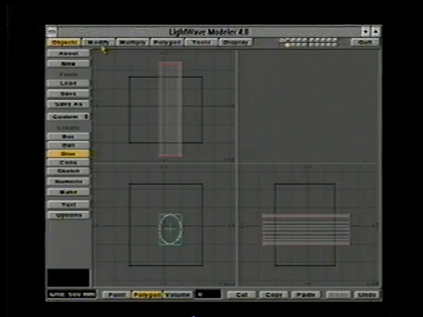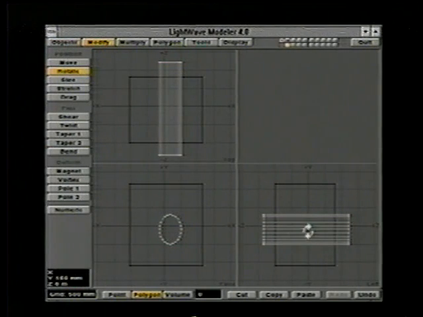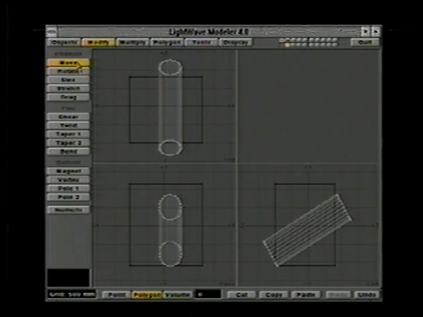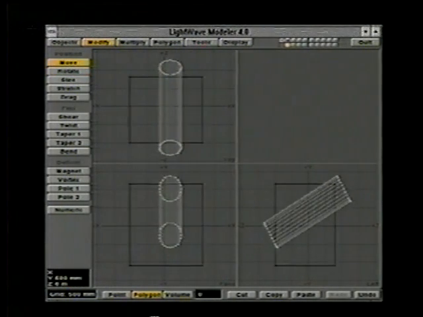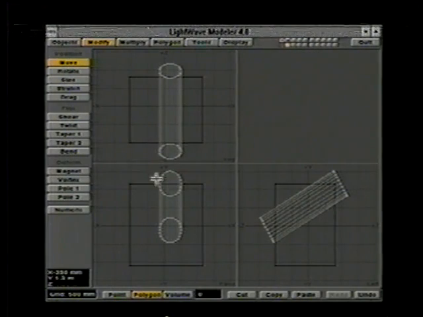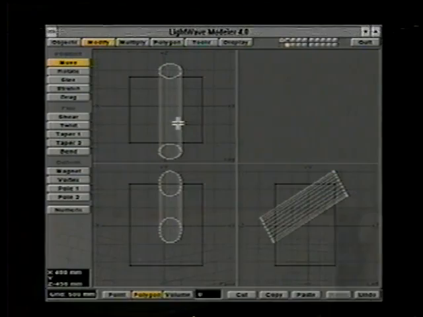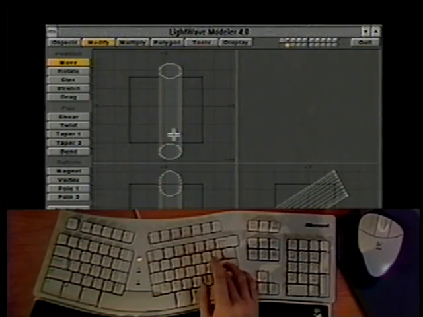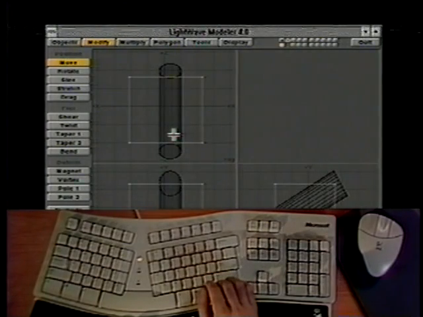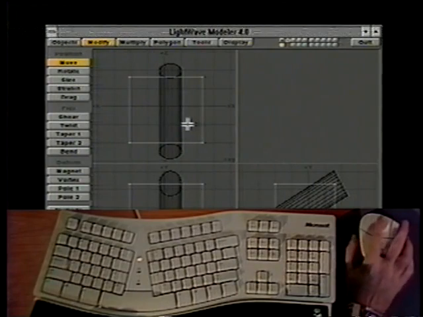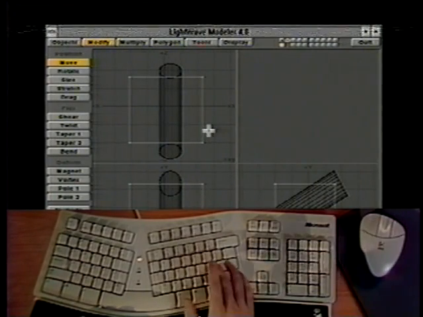And also let's go to modify and rotate that disk. We'll rotate it from here. Kind of put it at an angle where it's going to cut through the box like so. Okay, that'll work. Now let's swap layers. I want the disk in the background layer, so I'm going to use the keyboard shortcut, which is the quote key next to the enter key. That swaps the two layers, swaps your foreground and background layers. And now we're going to do a Boolean cut. Actually, let's swap the layers back,